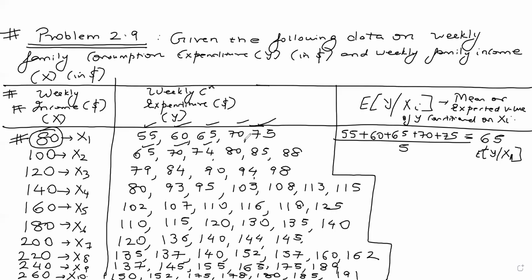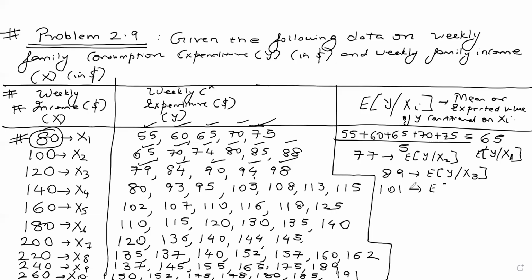Similarly, guys, you add all of them up, you divide by the total number of observations, you can verify, you get the answer as 77. This is expected value of y conditional on x2. Similarly, you add all these values and you divide by the total number, you get 89. This is expected value of y conditional on x3. And similarly, I can write all the remaining answers. 101, expected value of y conditional on x4, 113, expected value of y conditional on x5, 125, which is the expected value of y conditional on x6,